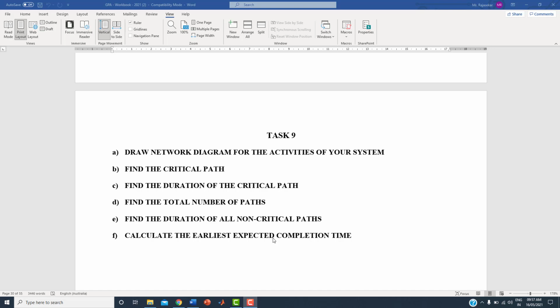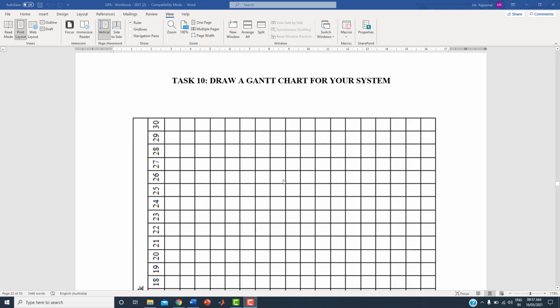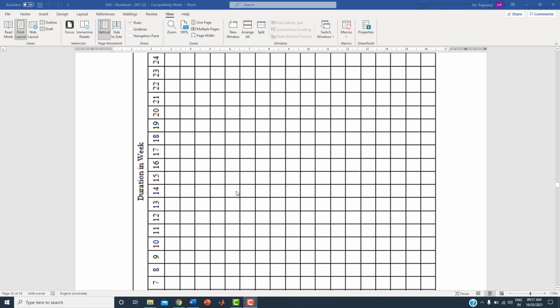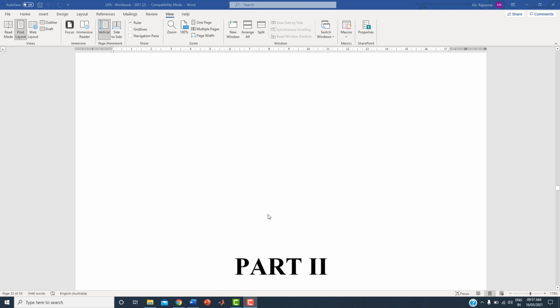Then calculate the earliest expected completion time. What is the expected completion of your project? This is going to be a very important thing. This is task number 9. Up to task number 9, we already discussed and completed. And this is the example. You can use this table to draw the Gantt chart, or using Excel, or some online tools. Free tools are available. You simply register using an email ID on some websites,